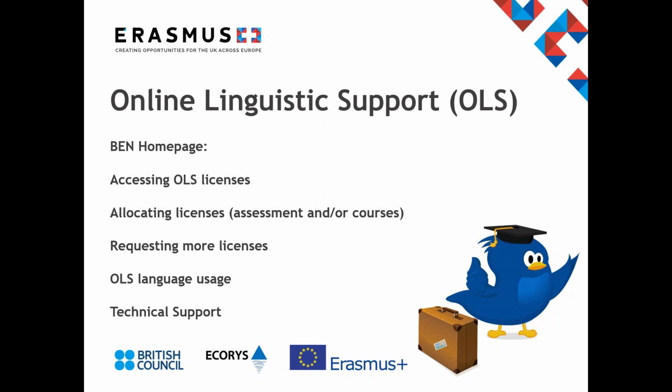Due to various reasons, you may have to request additional OLS licenses. Contact your named project officer, who will make these changes. An important function for you to keep an eye on is whether your participants are completing their assessments and courses. You can do this by clicking on the License Usage per Participant tab. Here you can check, for instance, when the first and second assessments have been completed and the language level achieved. This will be your main tool to ensure maximum take-up of licenses, and if necessary, chase participants who have not